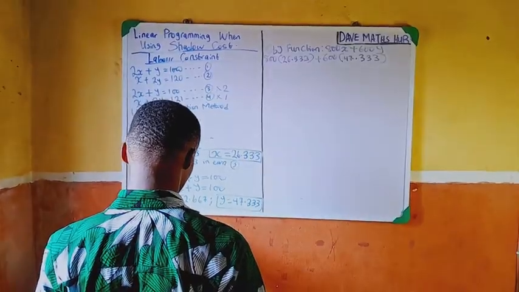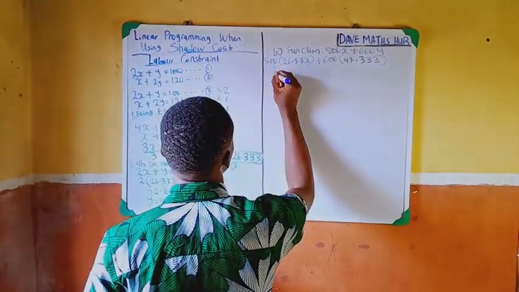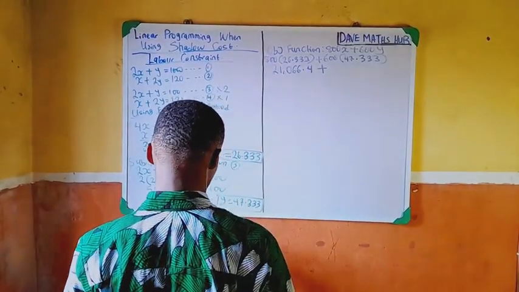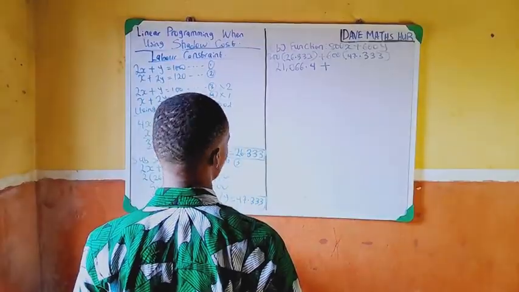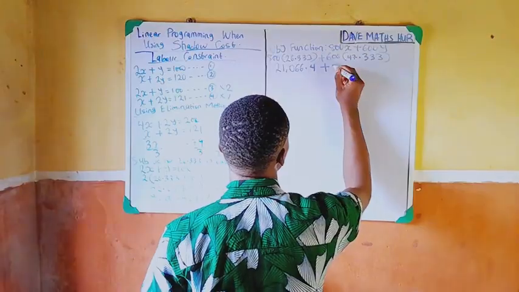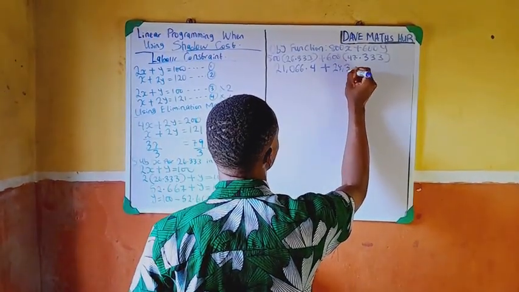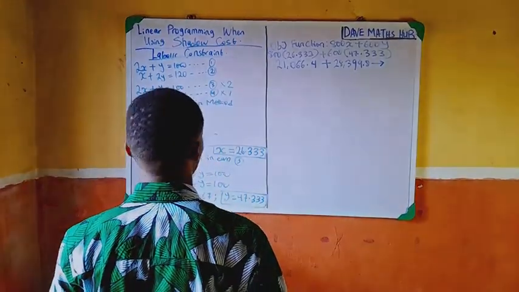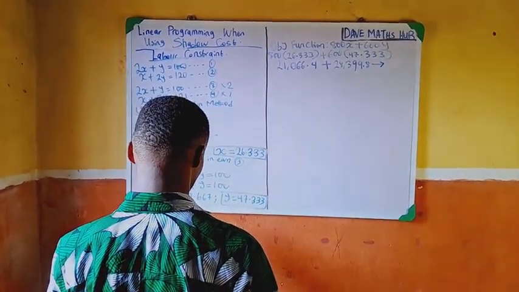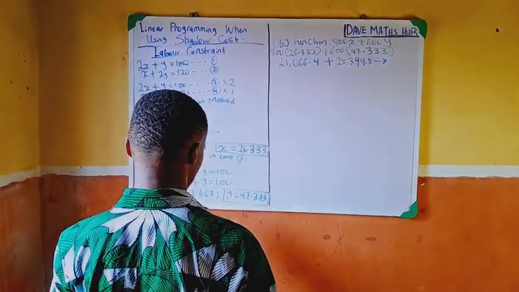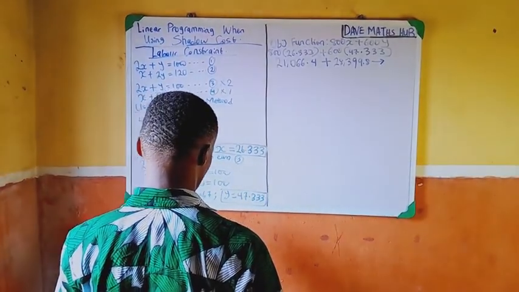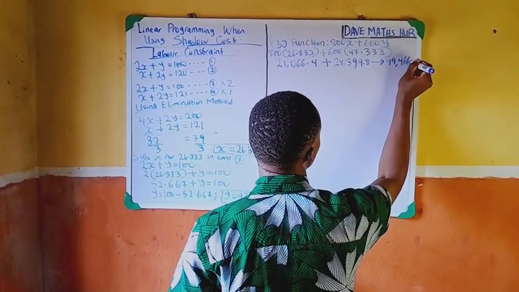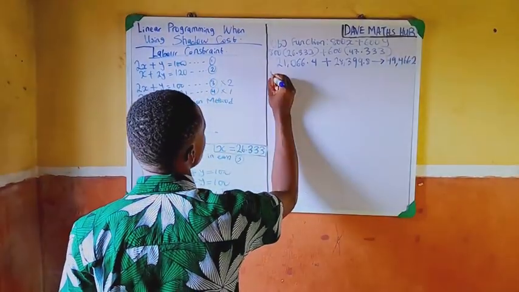So now 800 times 26.333 gives us 21,066.4 plus 600 times 47.333 gives us 28,399.8, having a total of, so that's 21,066.4 plus 28,399.8, giving us 49,466.2. So we use this against the original distribution